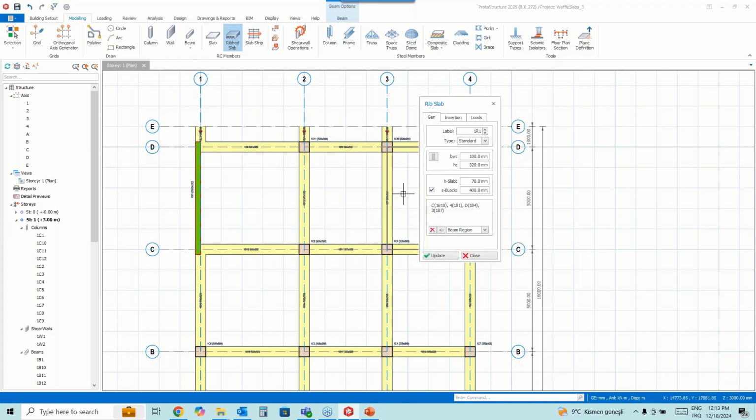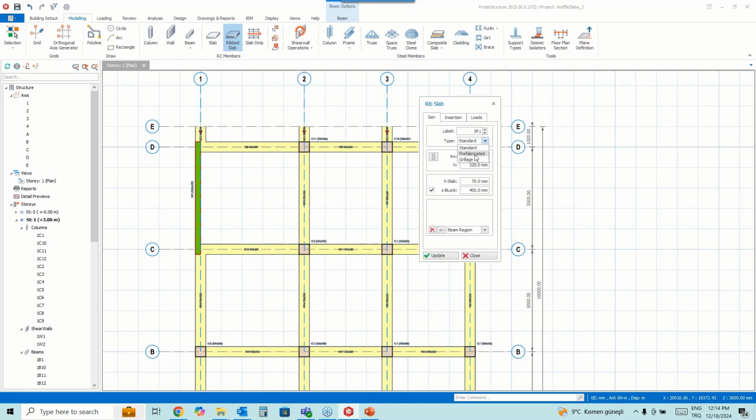Okay, so first I'm going to start with the rib type. Here, you can select, for example, standard, prefabricated, and grillage options. Standard is like a standard rib slab.